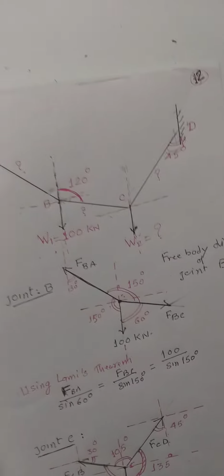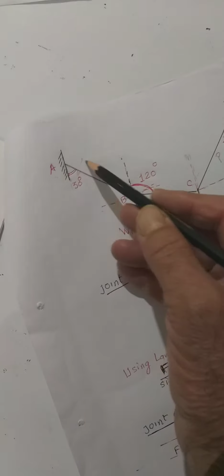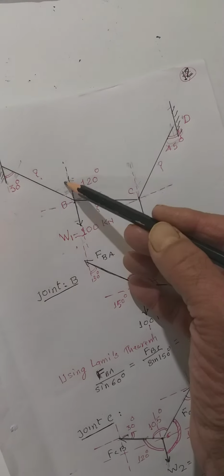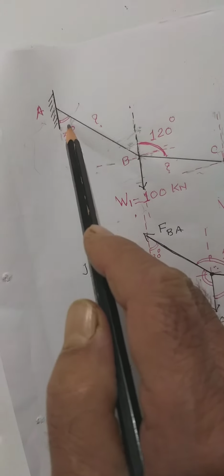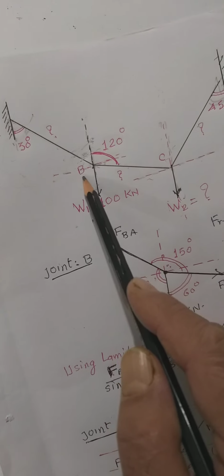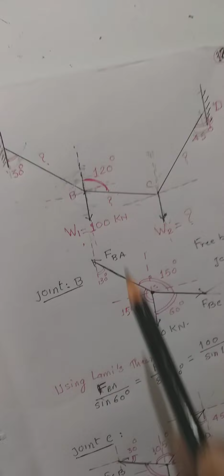Now, just see what I did right in the beginning. This angle is given, so automatically this angle is known. When this angle is known, 180 degree minus this angle will be known to you. Is it clear? Shall I repeat once again? Now this angle is known, this angle is known. When this angle is known, 180 minus this angle will give this angle. So this angle is known now.